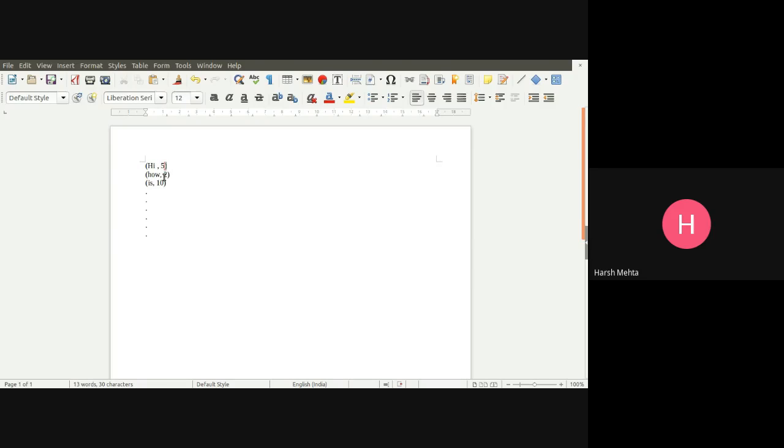We get high comma 5, how comma 2, is comma 10. I mean, however many words there are, that many word outputs we are getting. And all these things are given by the reducer.